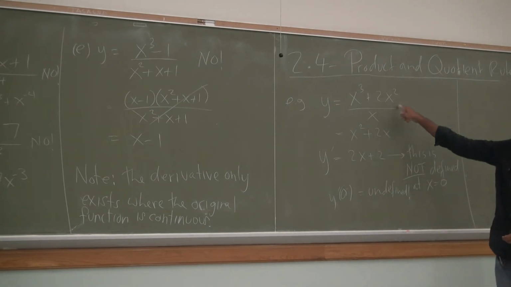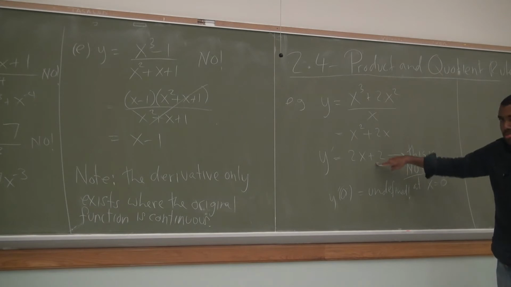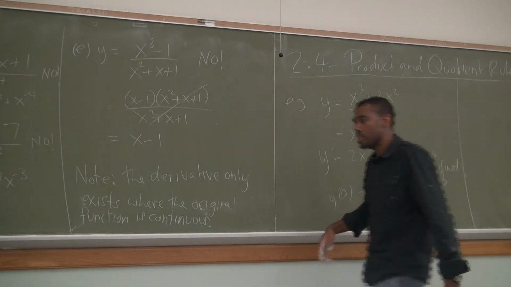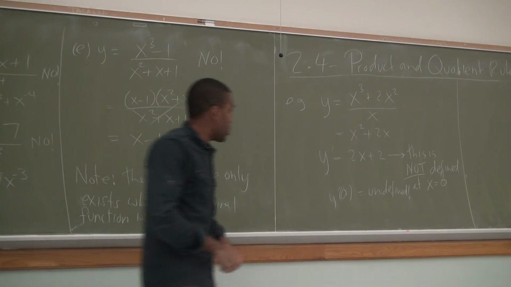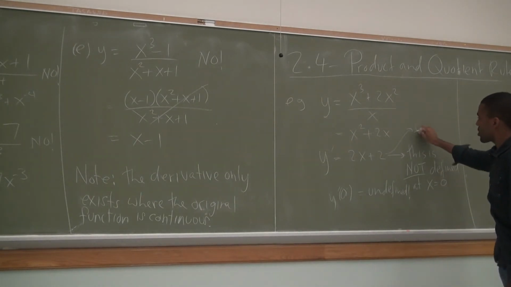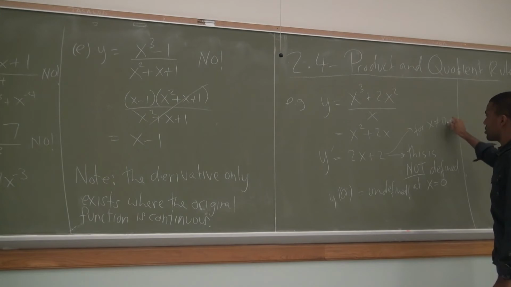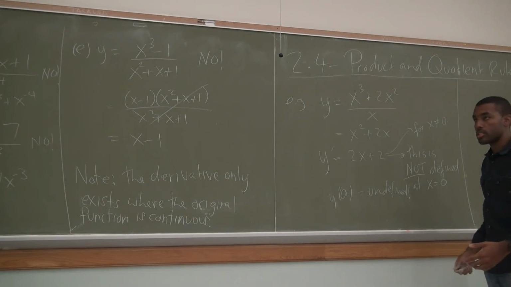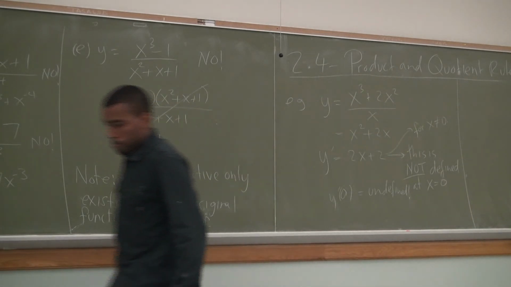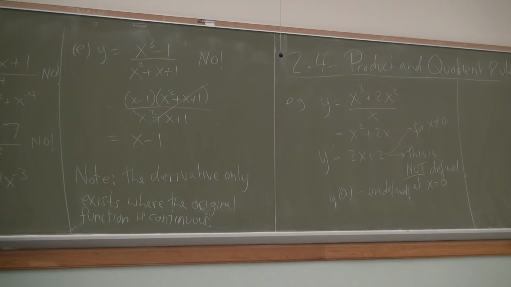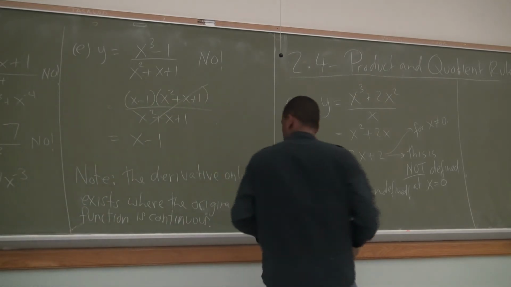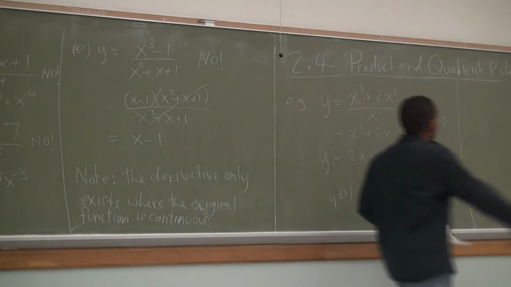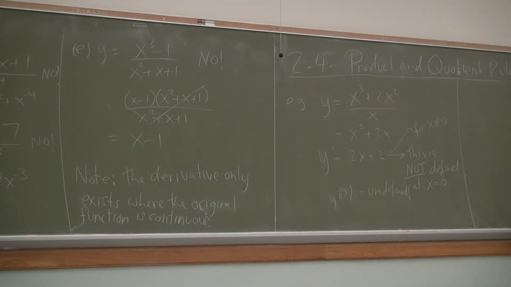So yes, the derivative of this function does not exist at 0. You might be tempted to plug in 0 into this, but you can't. Circle the first one. So here you will say this for x not equal to 0, right? That's the derivative as long as x is not 0. If x is 0, the derivative doesn't exist. Another example. Oh, by the way, let me just write down the